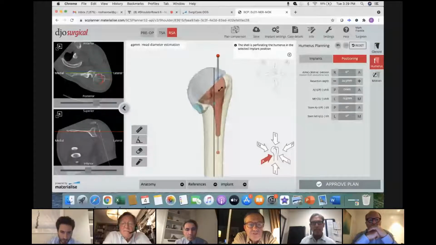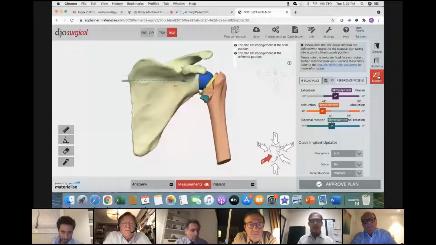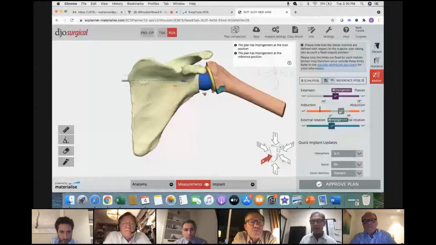Mark, what is the size of your sphere? 32 millimeters. 32? Yeah. Okay. So very small. Yeah, 32, because I don't want to distalize. So when I put this together, this is how it looks, right? So I have it inset, and if you look at the lateralization, I don't want to distalize. So if you look at your reconstruction, Gilles, you would notice that the tuberosity acromial distance is much greater because you distalize. And I can get the same impingement-free arc of motion as you, because I'm lateralized and I have